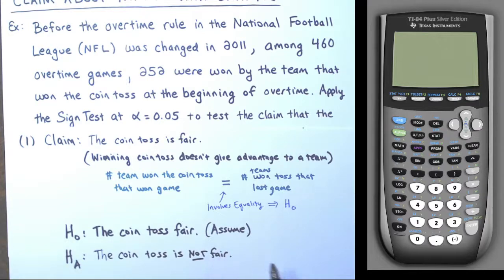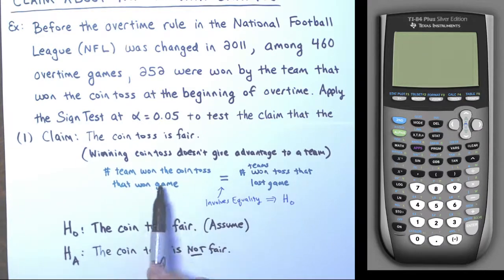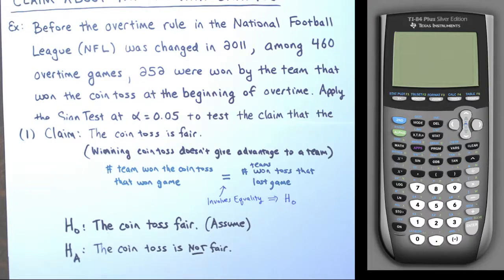Or the number of teams, that these are different numbers. We're saying that the number of teams that won the coin toss that won the game is not about the same as the number of teams that won the coin toss that lost the game. There's a difference there. Some team gets an advantage over another with this coin toss. All right, so the coin toss is fair, coin toss is not fair. All right. Now,